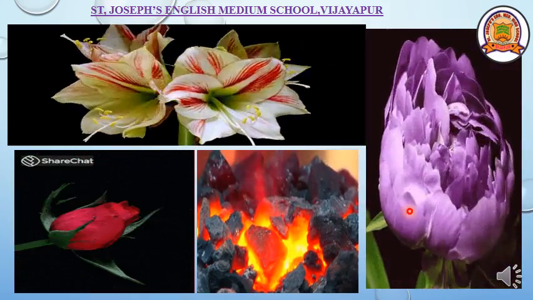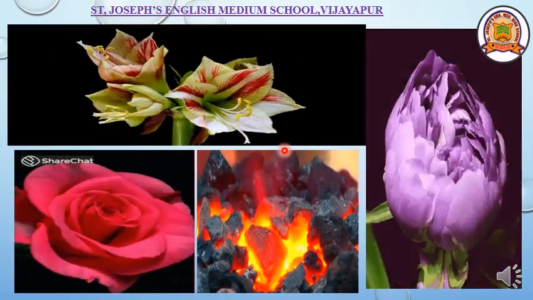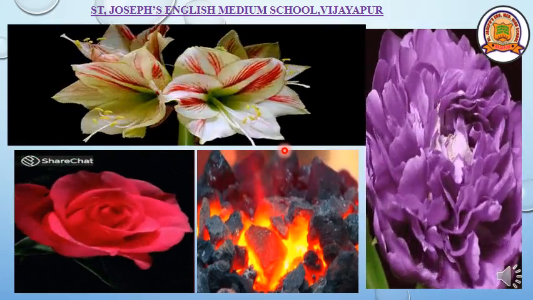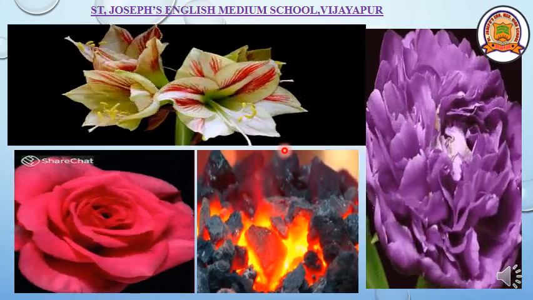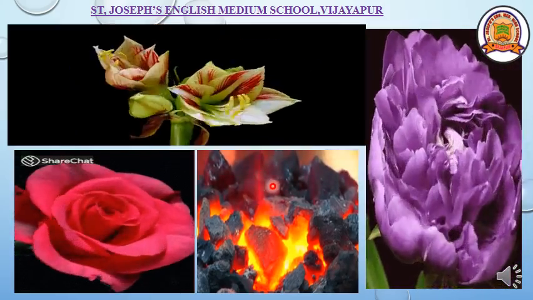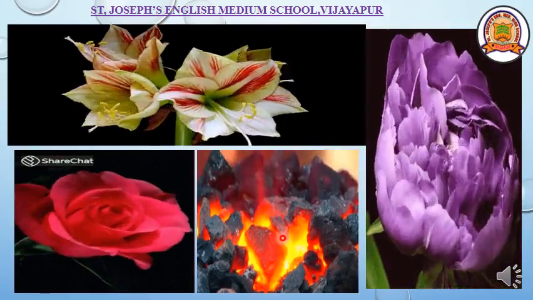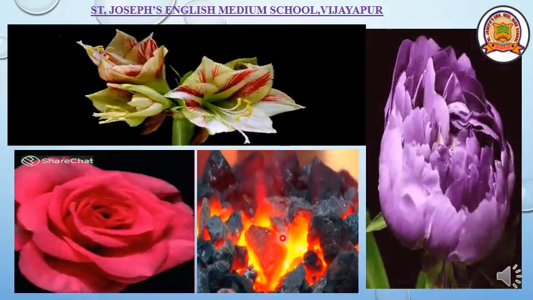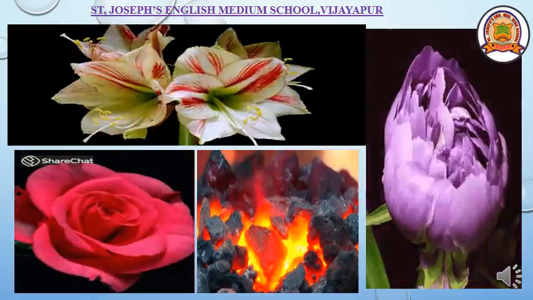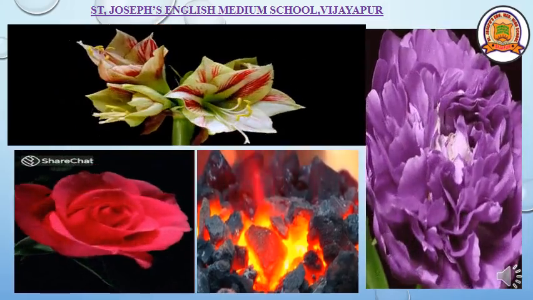Few more examples of irreversible change. Blooming of flowers. All these are examples of irreversible change. Once the flower has bloomed, it will not go back and turn into a bud. Right? Bud changes into flower, but flower doesn't become bud. You can see one more example here. Burning of wood. Once you burn the wood, it turns into black ash. The powder of ash cannot be collected and converted into wood. Can you make that ash into a piece of wood again? Not possible.